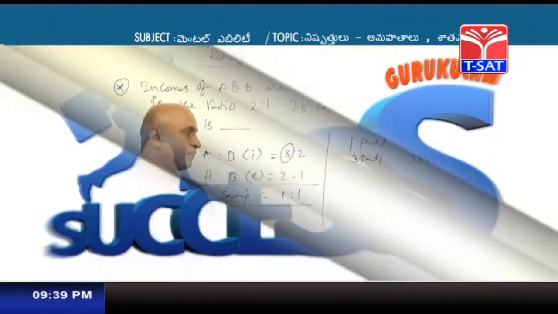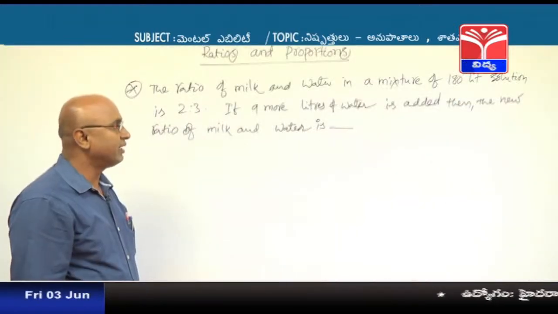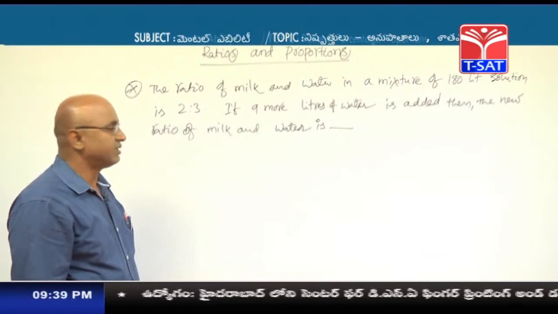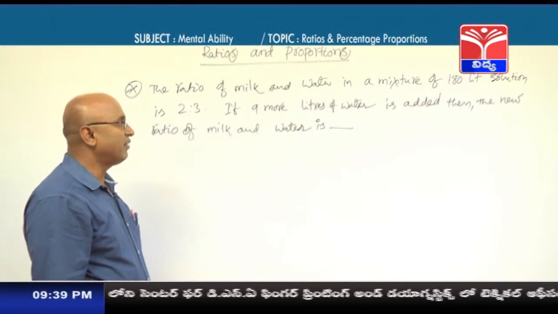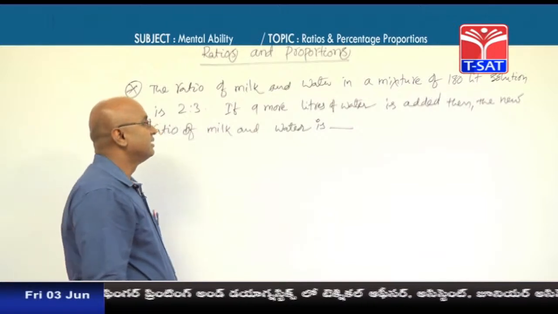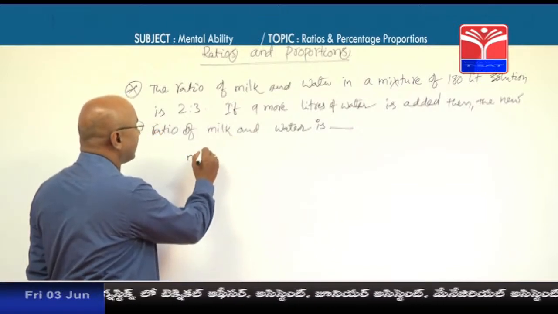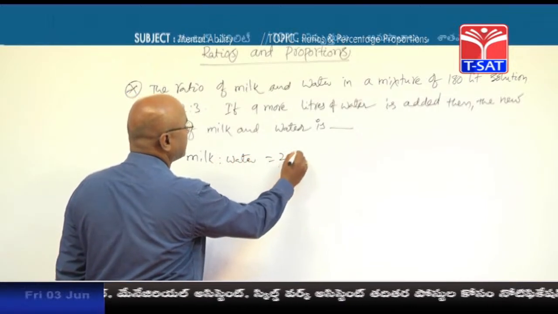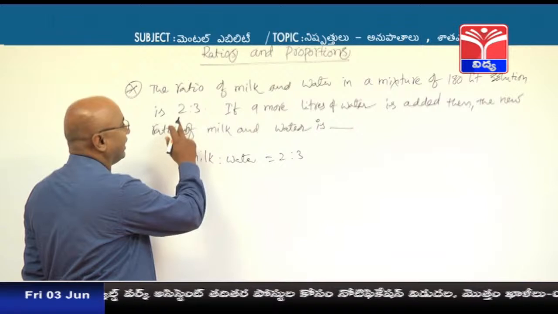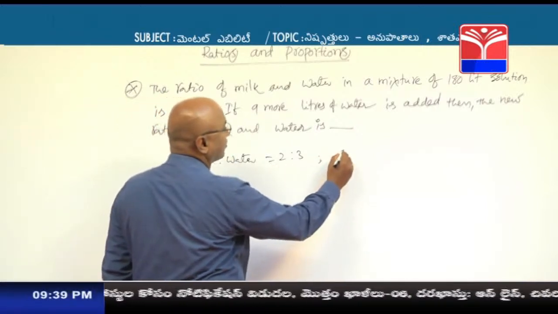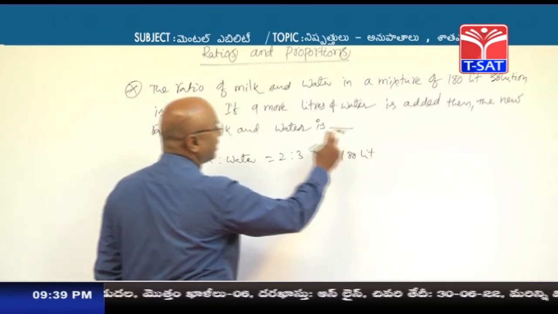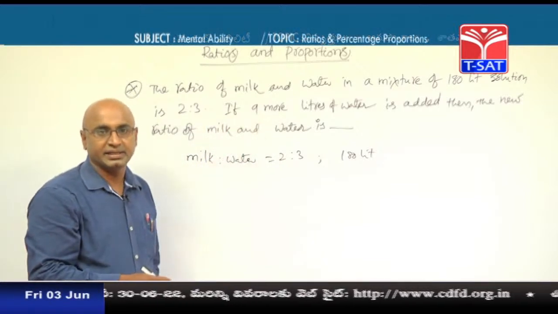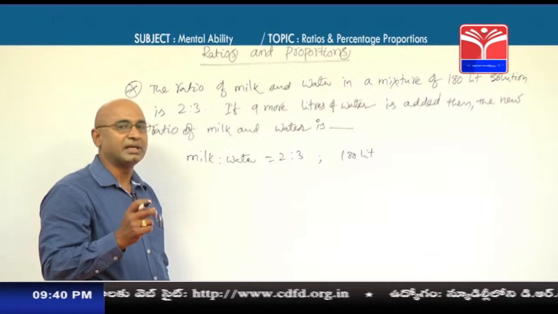of B. The ratio of milk and water in a mixture is 2:3 and the volume of the mixture is 180 liters. So milk is to water is equal to 2:3 and volume is 180 liters. For this mixture 9 more liters of water is added. Then the new ratio of milk and water is